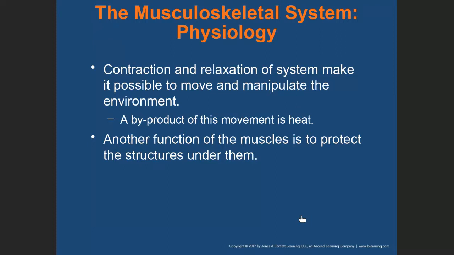And a byproduct of normal muscle contraction is heat production. If it's normal muscle contraction, the body produces heat. If it is abnormal muscle contraction, where enough oxygen or nutrients are not available, then we get lactic acid building up, and that can alter the pH, which can damage cells within the body.